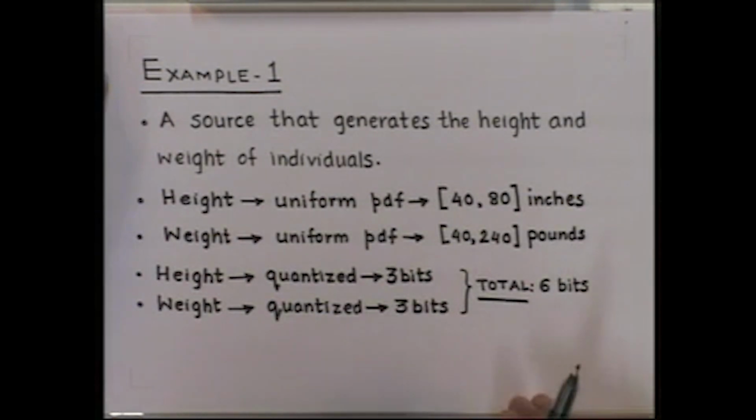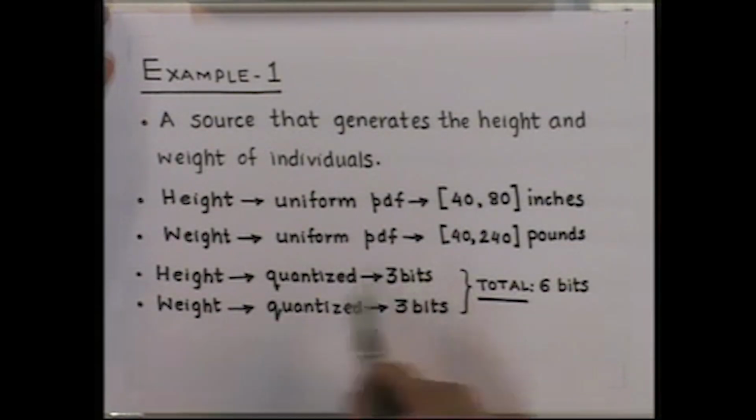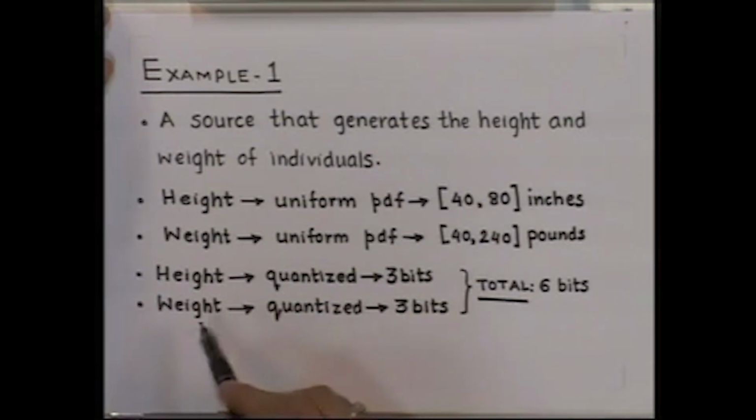Now, we have been told that we have a total of 6 bits to allocate for the quantization of both height and weight of an individual. So, let us allot 3 bits to quantization for height and 3 bits to quantization for weight. So, in this case,